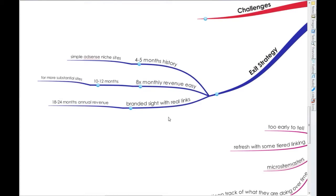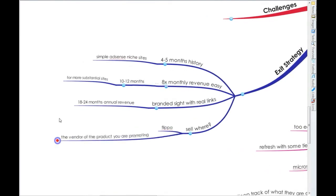Well, I think the obvious one is Flippa, but that's not always the case. When I have a high value site, like a site that's doing, say, six figures-ish, actually where I first start is usually with the vendor of whatever product it's promoting. So if it's in, say, the Forex niche, and I haven't sold any sites in the Forex niche, by the way, the first person I would approach would be